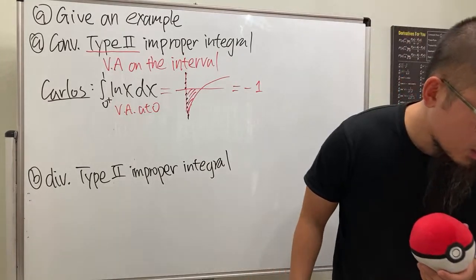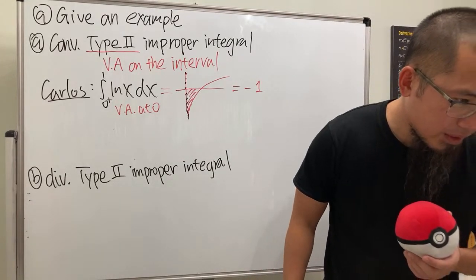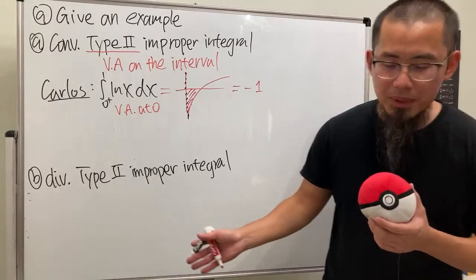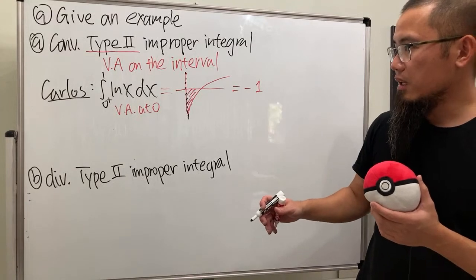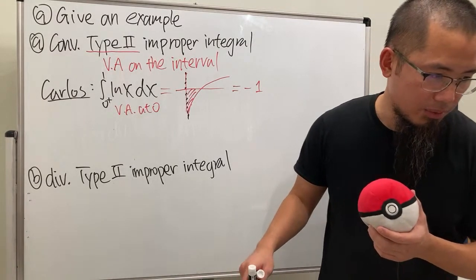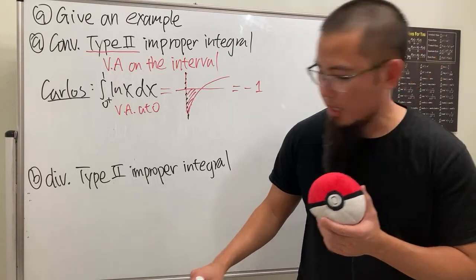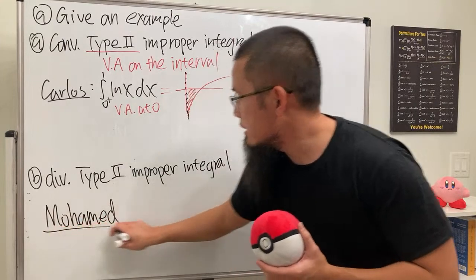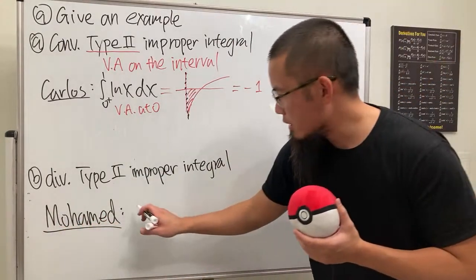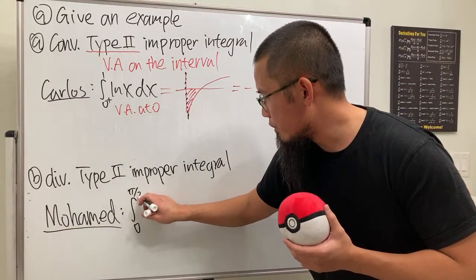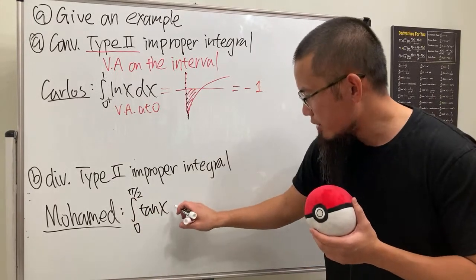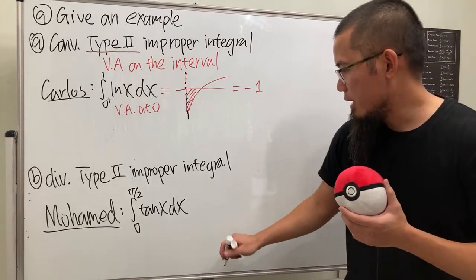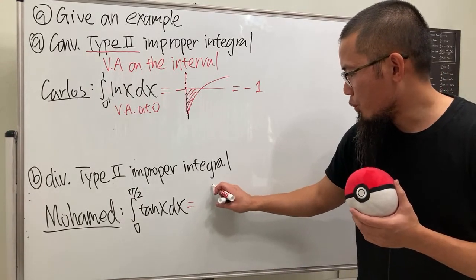So let me see. Mohammed, I am going to put that down. I believe the tangent one is divergent. Yeah. So let me just write down your name. Let me make sure that I spelled it right. Right, and then you say it's the integral going from 0 to pi over 2 of the regular tangent of x like so, and this right here diverges, and let me just show you why,